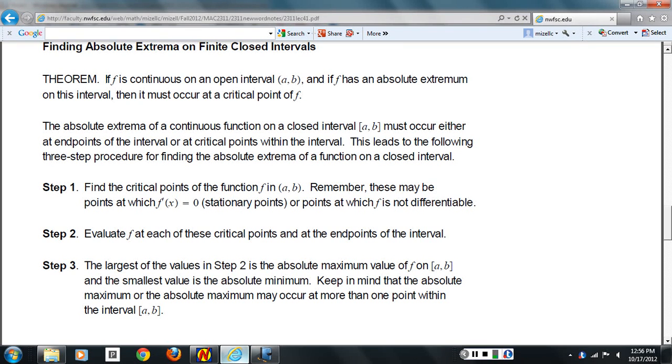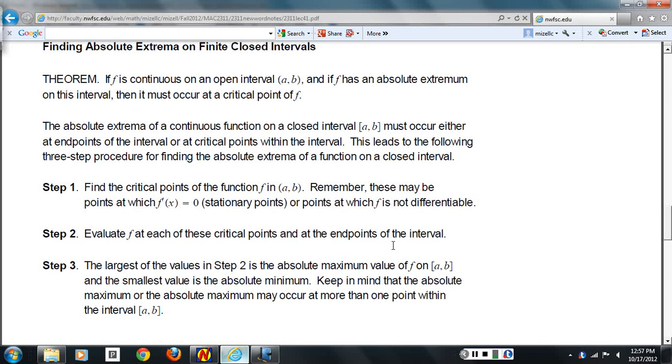So there's just two places to look. On the interior of the interval, we look for places where f prime is equal to 0. We look for places where f prime doesn't exist, where the function's not differentiable, if we're looking at the interior. And if we have the endpoints of maybe a closed interval, then we can look at the endpoints as well. So let's see what the guidelines are. Find the critical points in the open interval, list those numbers, evaluate the function at each of the endpoints,